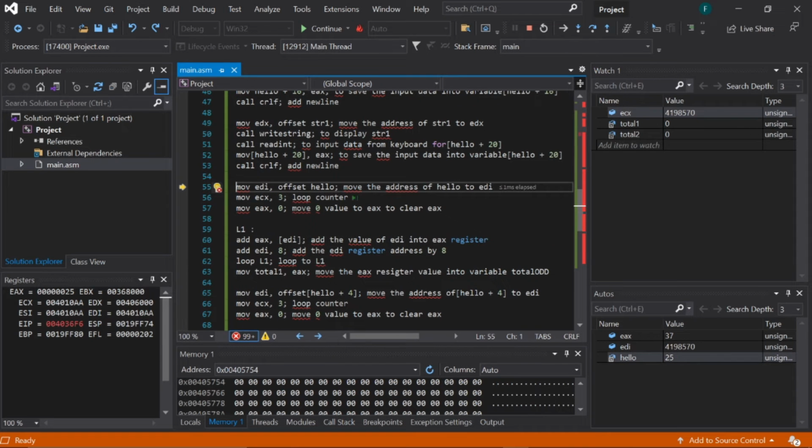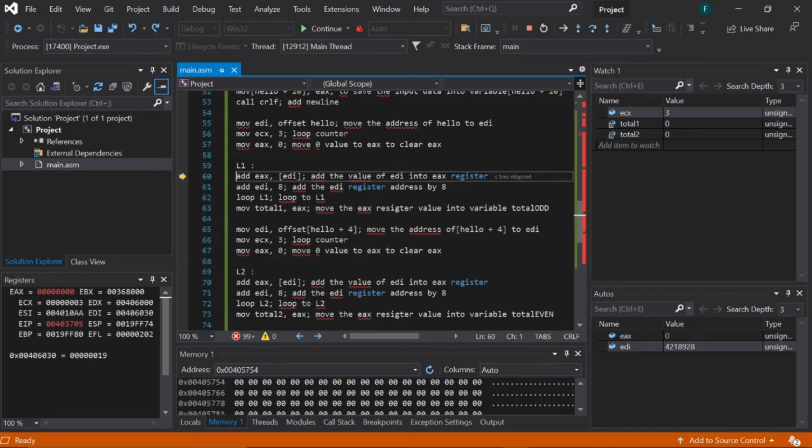Now here, move EDI offset hello. So we are moving the address of hello into EDI, and here we need to loop L1 three times. So that's why we are setting ECX, the loop counter, as 3, and we are clearing EAX by moving 0 into EAX. We entered into loop 1